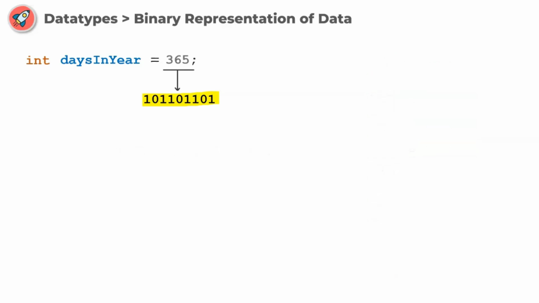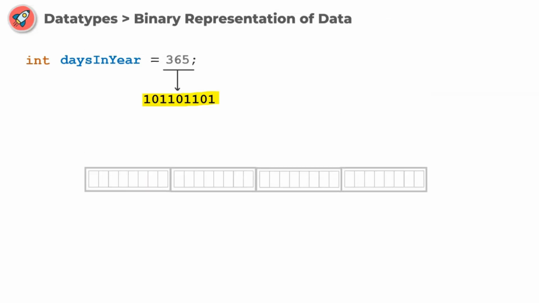Now when we declare a variable int daysInYear equal to 365, the JVM pre-allocates 4 bytes of space, and every byte refers to 8 bits in memory, where each bit of space can store a single digit, either 0 or 1. Which means if an int type variable is declared, the JVM pre-allocates 4 into 8, that is 32 bits,